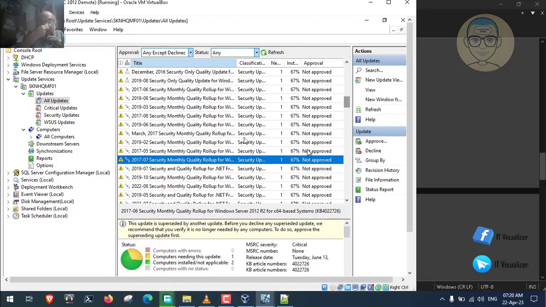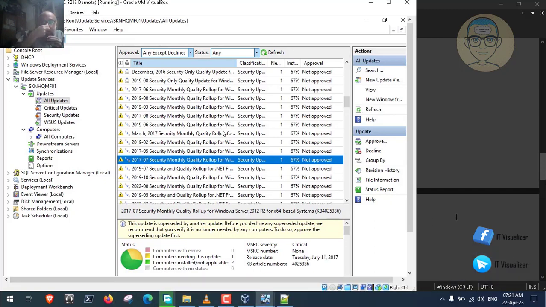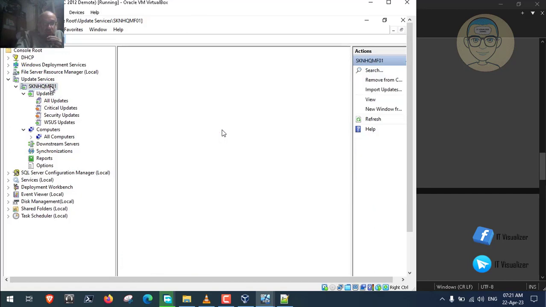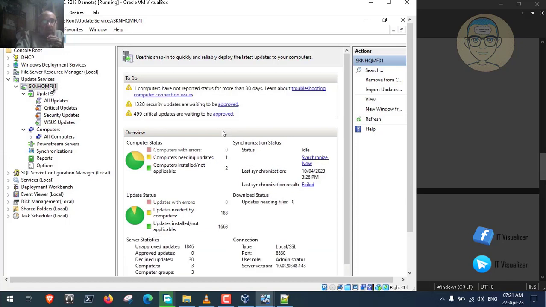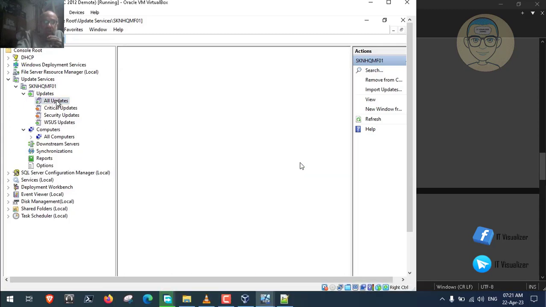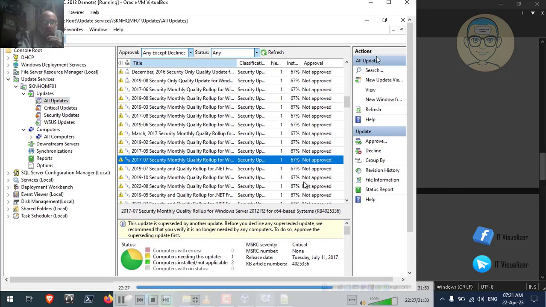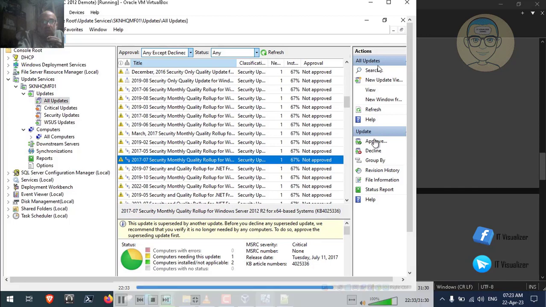Anyway, so now we need to go and search. Here, these updates are not only downloaded for 64-bit systems, but for x86 and for ARM64 as well. I will explain what these updates are and what they mean. Here, we need to sync with the Microsoft website to get the updates. Sorry, before that we need to go to the search action and check for some updates,